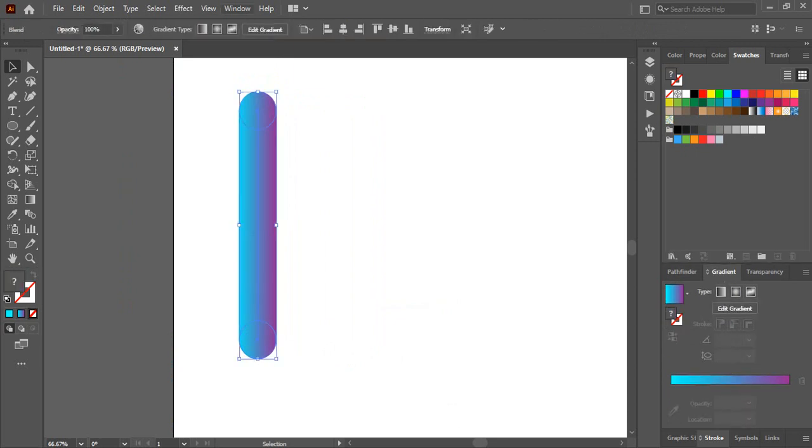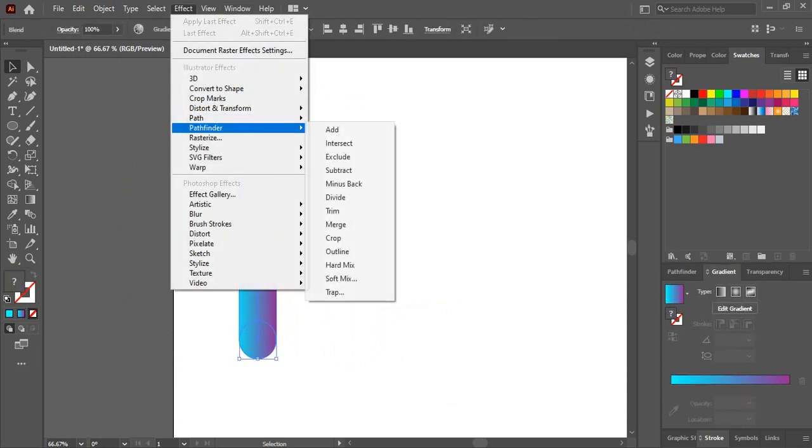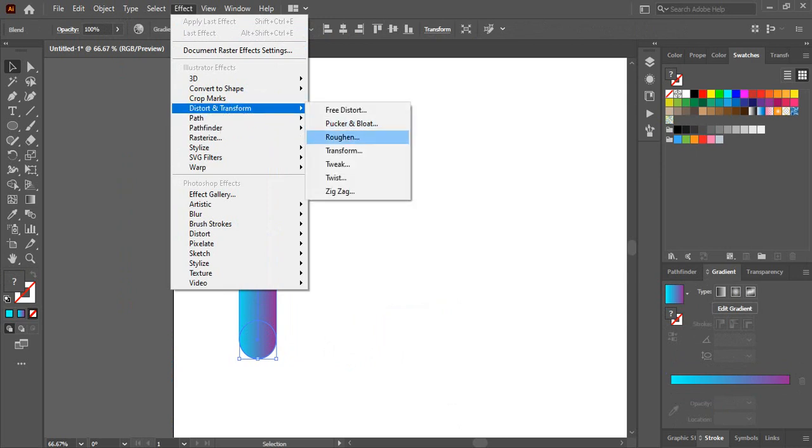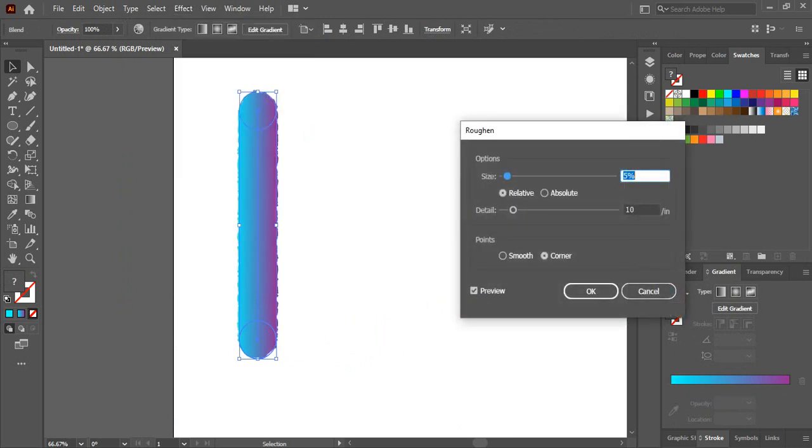Now select effect, go to distort and transform, go to roughen. Now here you can do two things. First, select single of the circles, or do both of them at the same time. That depends wholly on you what you want to do. So roughen, give here 40 or 45,